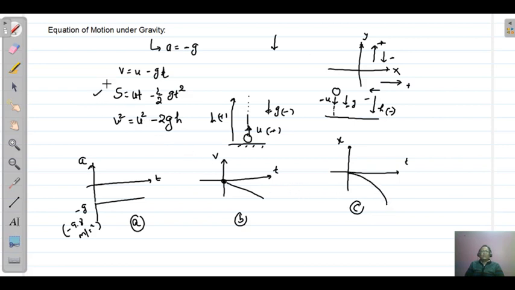From the equation s equal to ut minus half gt square. Actually, s is for one dimensional motion, it is y. We can also write here it is y. So it is a parabolic curve because the equation of motion is a quadratic equation, and the shape of a quadratic equation is a parabola. The path is parabolic and it is downward opening